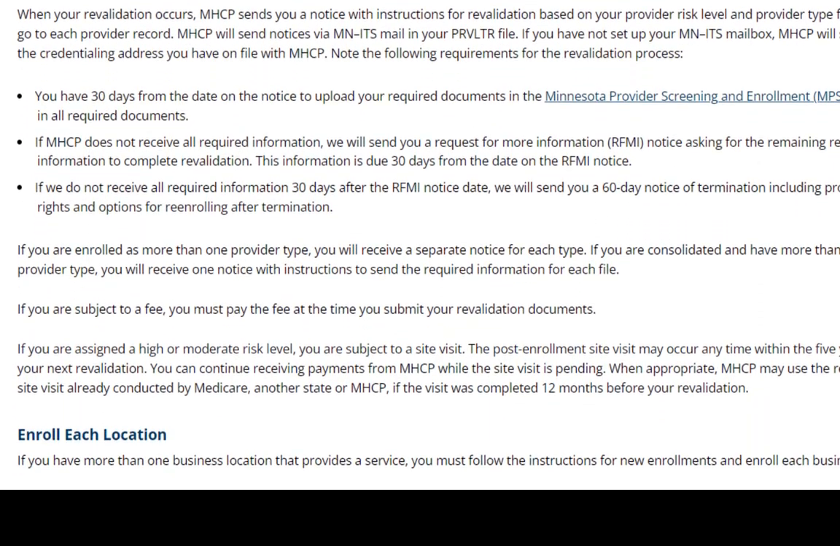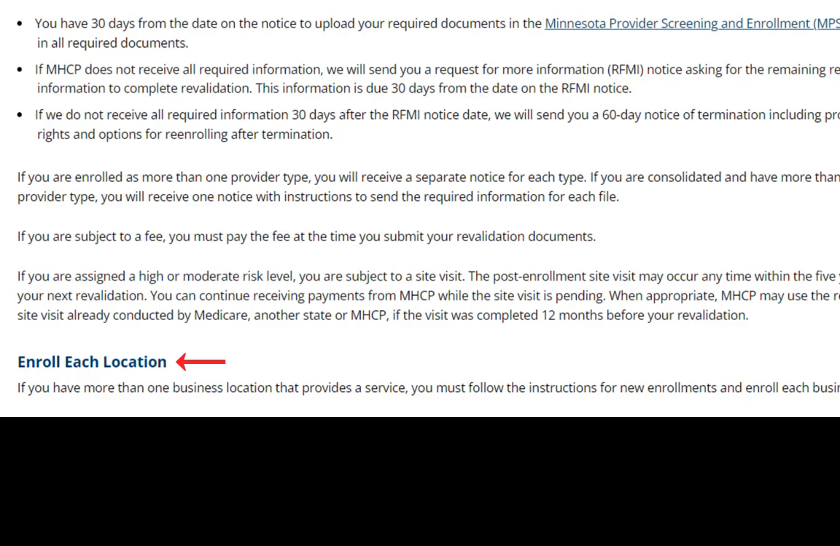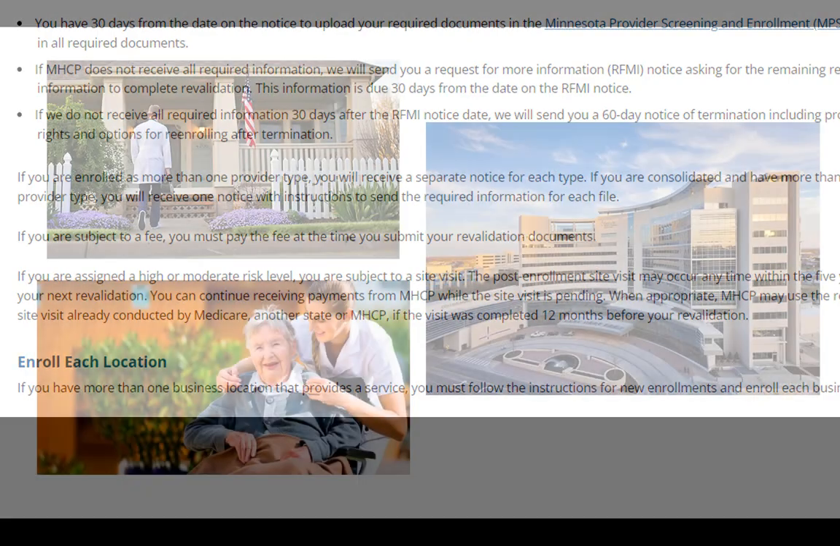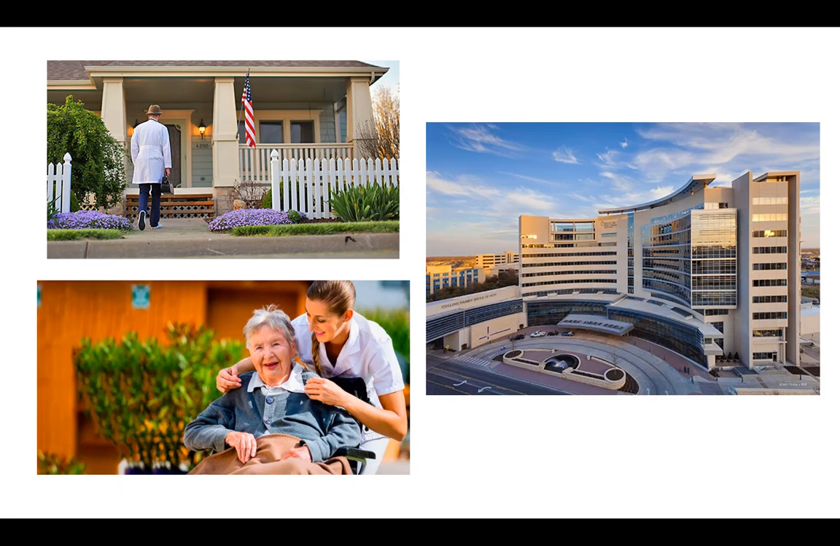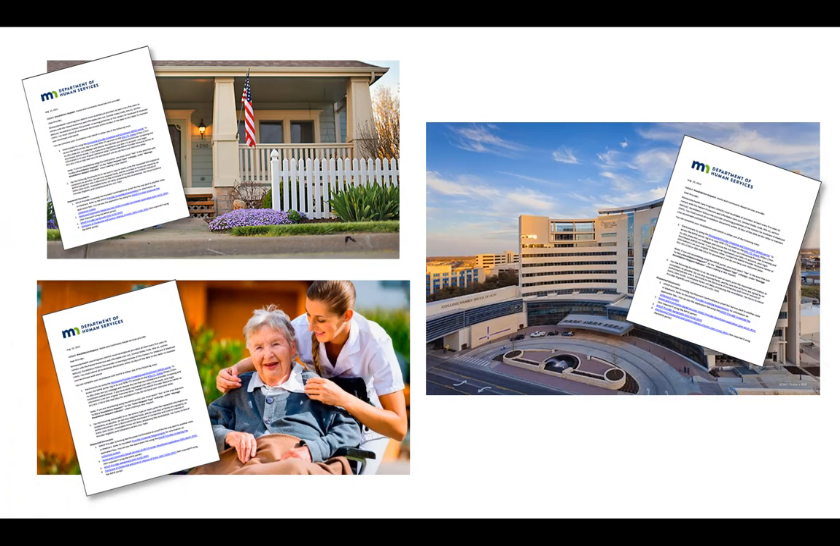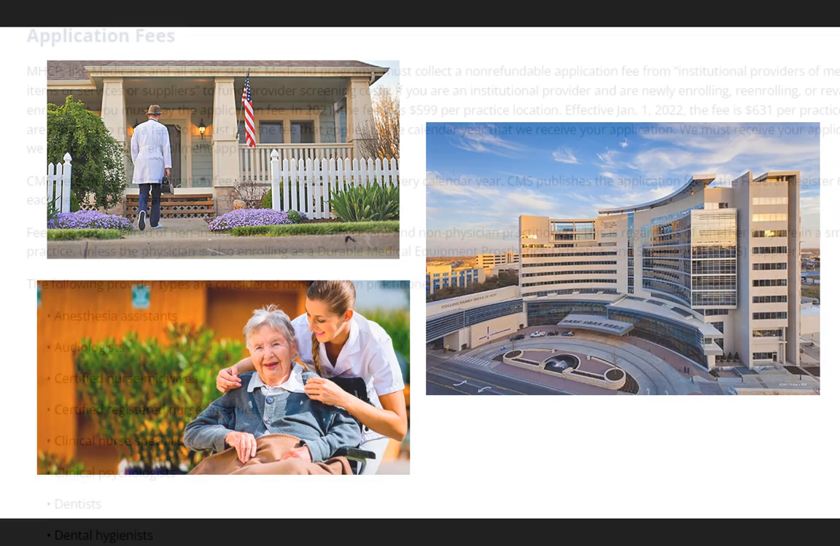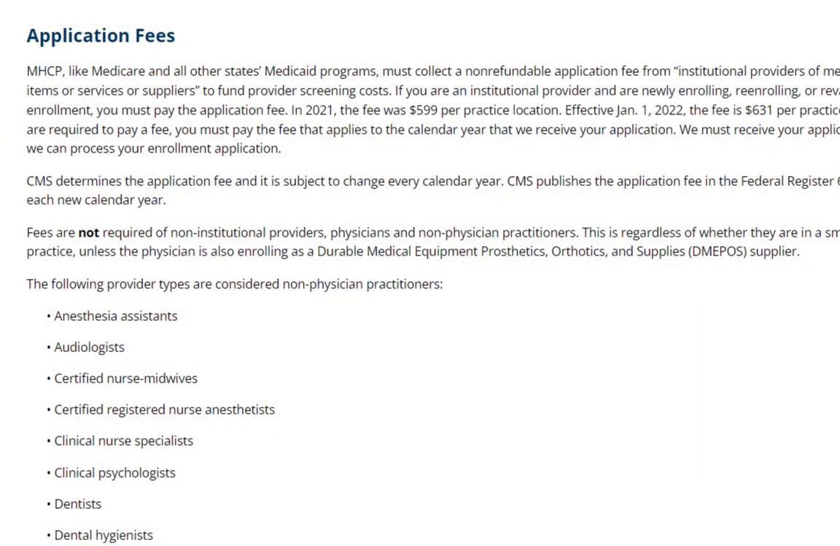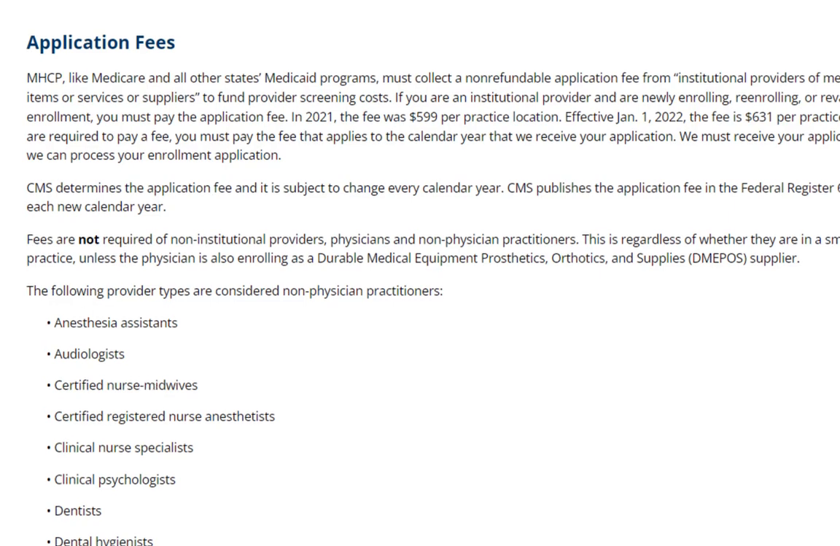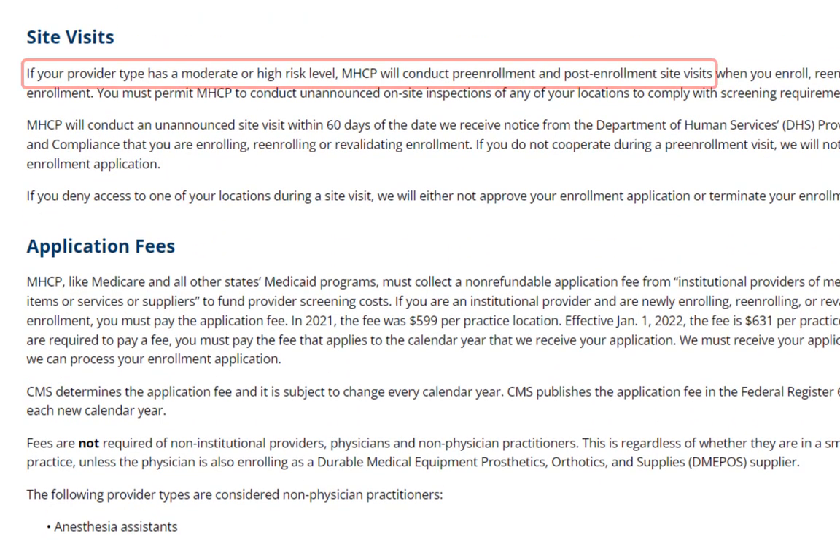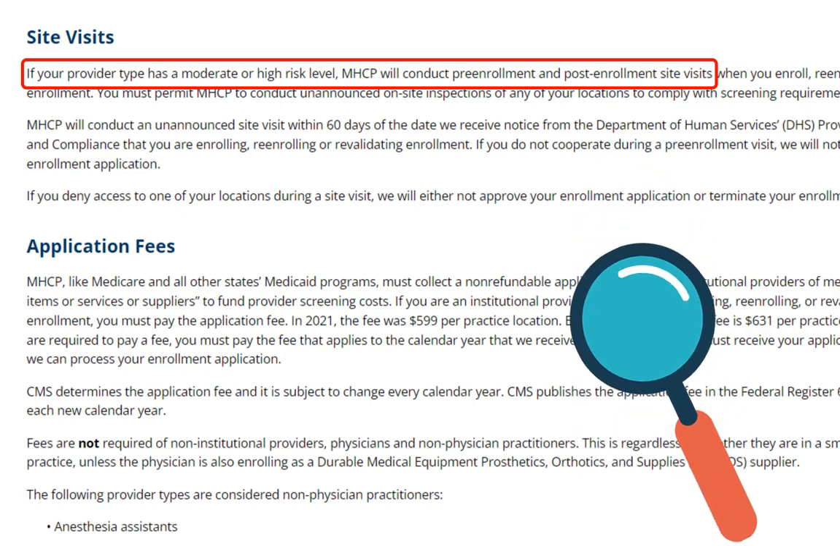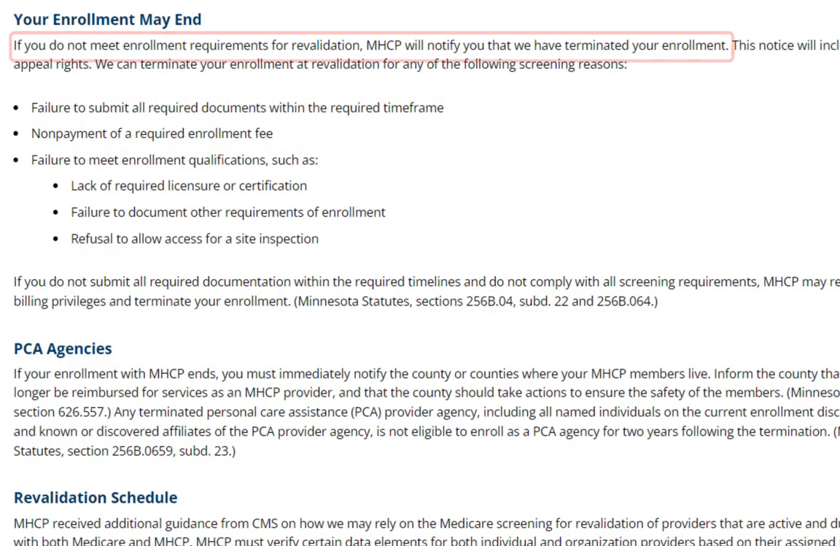A separate letter is sent for each individual enrollment record that is subject to revalidation. If a provider has more than one enrollment record subject to revalidation, they will receive multiple revalidation letters. If an enrollment record is subject to an application fee, that fee must be paid at the time of revalidation. If the enrollment record is assigned to a high or moderate risk level, that enrollment record is subject to a site visit. If an enrollment record does not meet requirements for revalidation, MHCP will notify the provider that we will